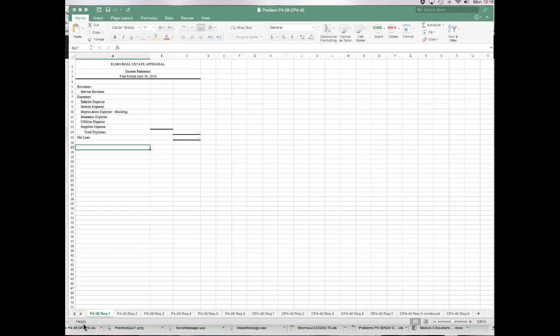Hi everyone. This week we're going to be looking at Chapter 4, Problems P4-28 and Continuing Problems CP4-40. Both of them are fairly similar in nature, and what we're doing this week is we're concentrating and learning about